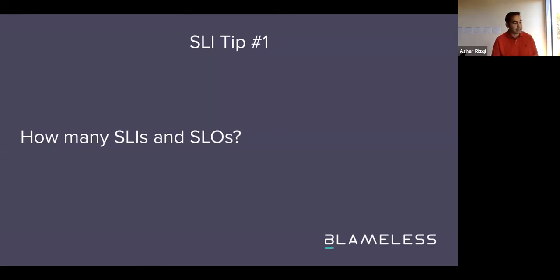Another question that we get asked is, what is the right number of SLIs and SLOs per product area or by user journey? Well, this is some data that we've heard from the field. There are companies that we've talked to that have upwards of 700 SLOs. And what they've done is they've set